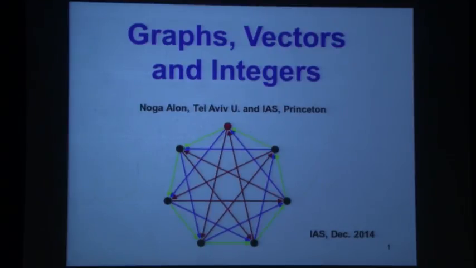ask questions. So I'll talk about graphs, vectors, and integers, and as the title suggests, this will be a combination of combinatorics and some geometry and some number theory. Okay. And let me start with the main,